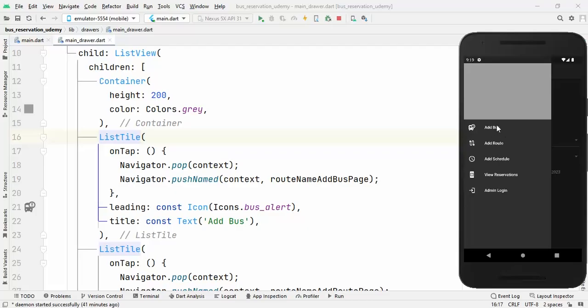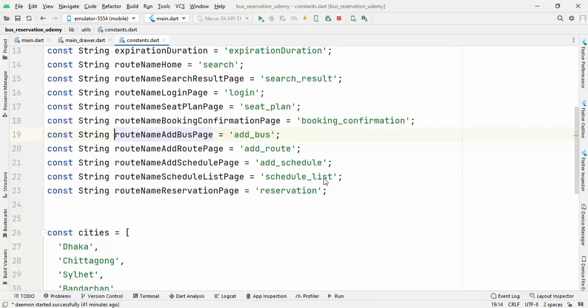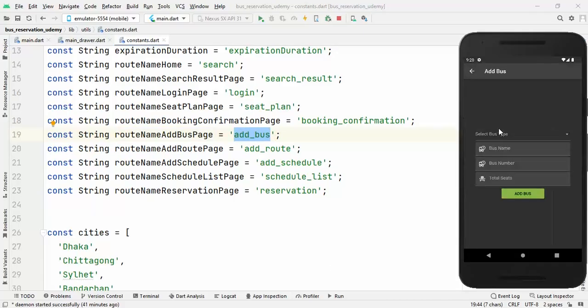For example, if I now click this add bus portion, we will first pop the drawer and then go to the add bus page by using the route name add bus page that is coming from the constant.dart file. And now if I click this section, this is the add bus section, and as you can see, it's nothing